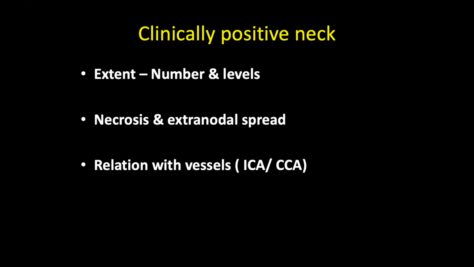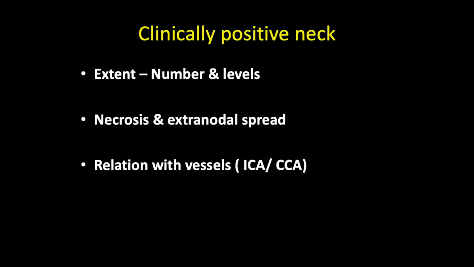The possible alternative to elective neck dissection can be sentinel node biopsy, which has a negative predictive value of 96%. In a clinically positive neck, you have the extent and the number of the nodes, the number of stations involved, presence of necrosis and extranodal spread, because extranodal spread would make the disease N3 and poor outcomes. So this has to be seen on imaging. Perinodal stranding, involvement of the muscles, involvement of the platysma, perinodal fat, central necrosis, these are indirect signs for